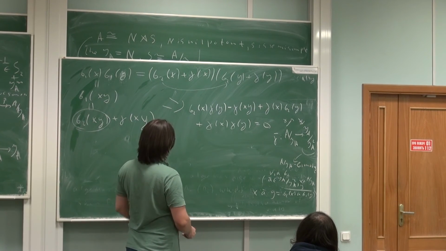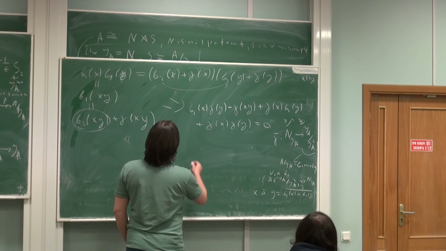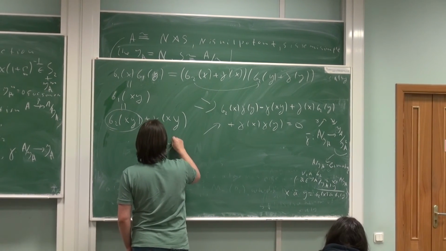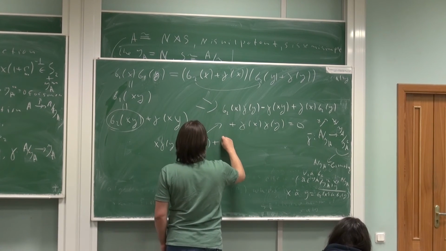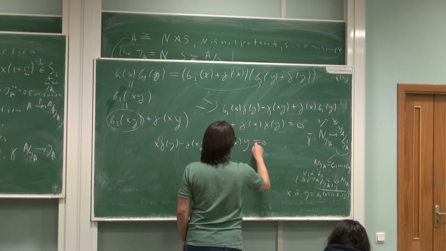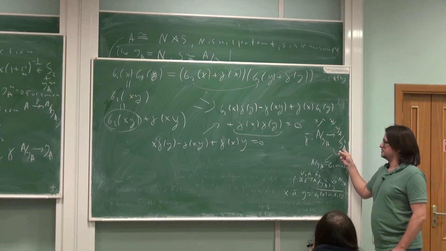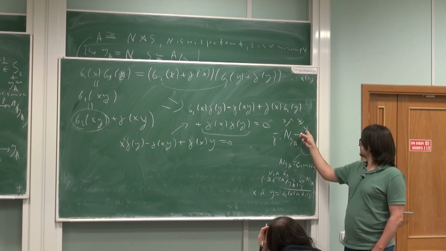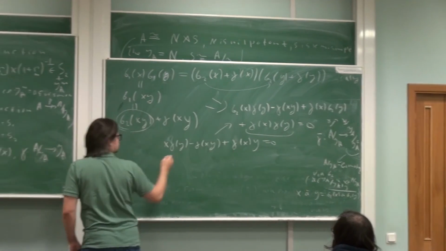And then this equality can be rewritten as x gamma of y minus gamma of xy plus gamma of xy is 0, because this guy is 0 here, yes. Because we take J_A factor J_A square. Sorry,